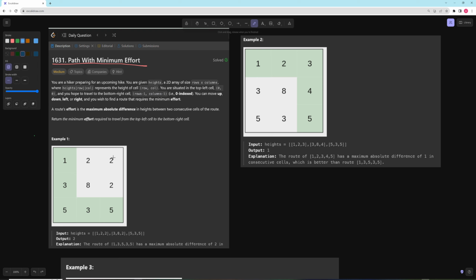You're given an array of rows and columns, and the height of a particular square is just the value in that row and column. You want to get from the top left to the bottom right, and you want the minimum absolute difference between the heights of two consecutive cells. Every time you move, there's some height difference. Here there's 2, here there's 2, here there's 2. For any route, you take the maximum possible difference, and that's the effort